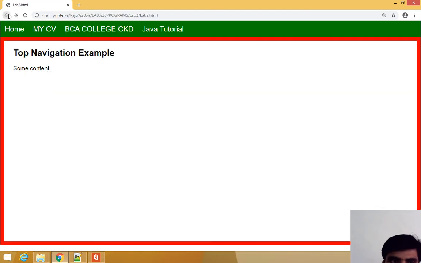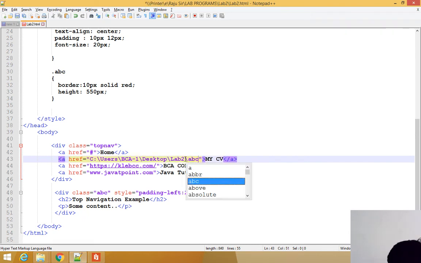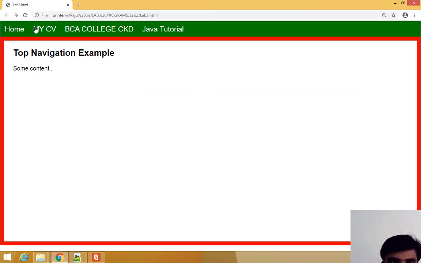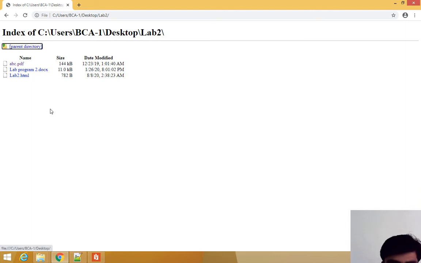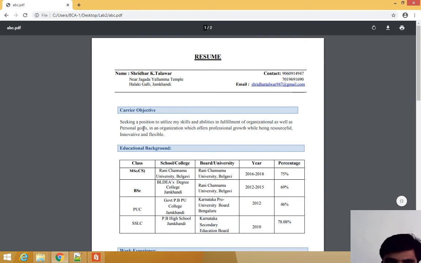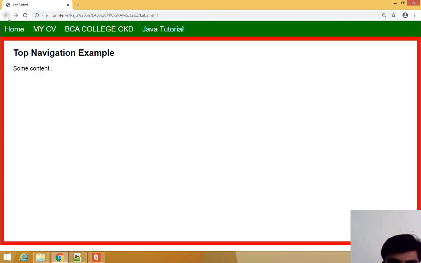I don't want it like this, so just write abc.pdf, then save, click. See, automatically it opens the resume. So that is the resume.